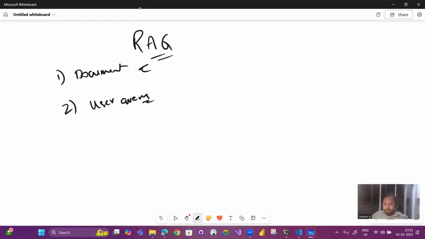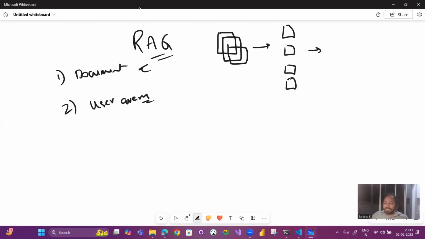Let us say you have a document and this document has a lot of pages. What we generally do is send this document to some kind of a parser. Say if we are uploading a PDF document, I'm going to use something like an unstructured PDF parser from LangChain. I'm going to divide this document into individual pages. After dividing it into individual pages, I'm going to split it.